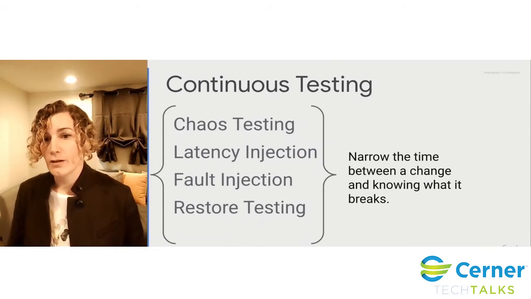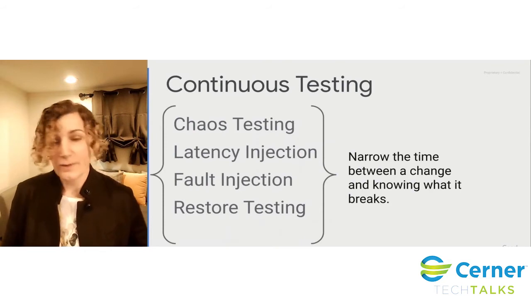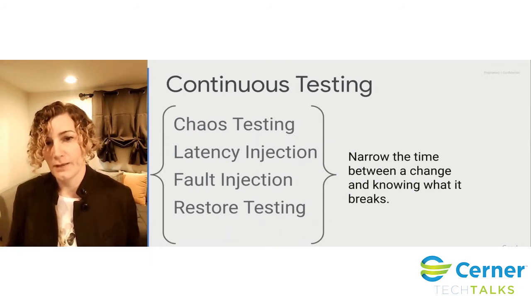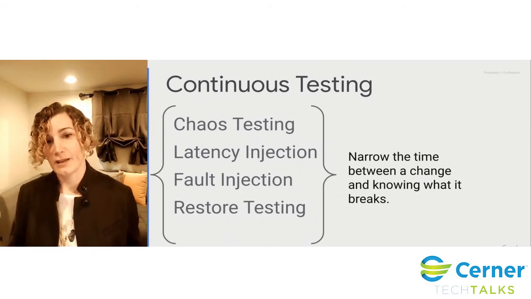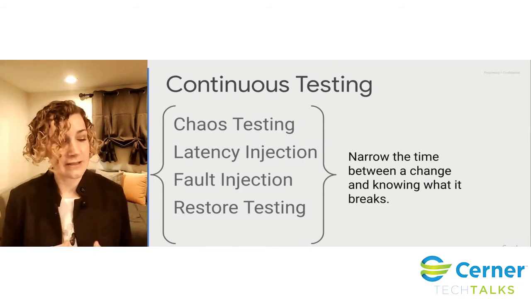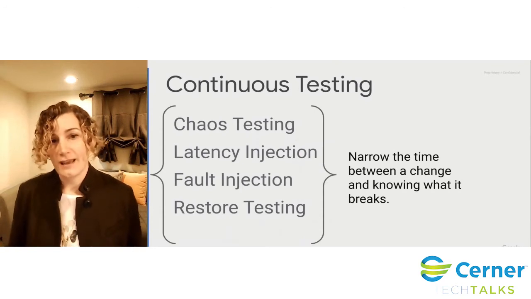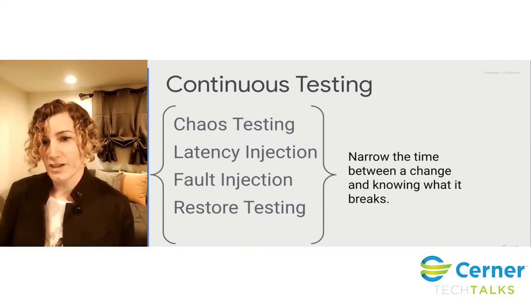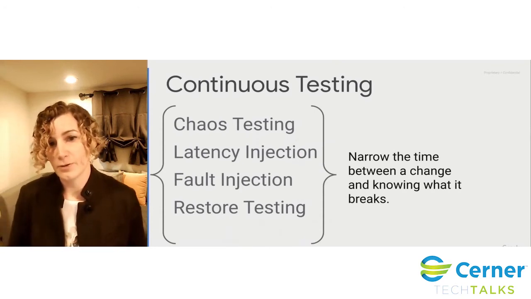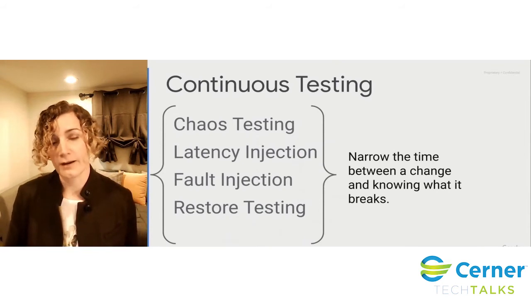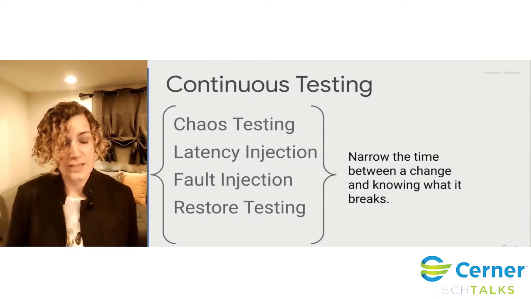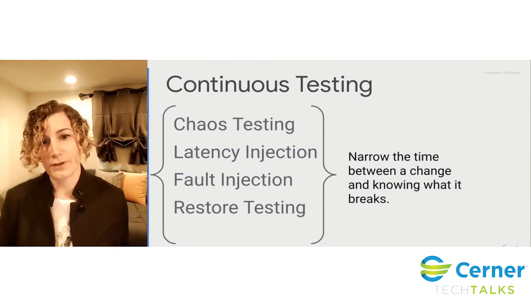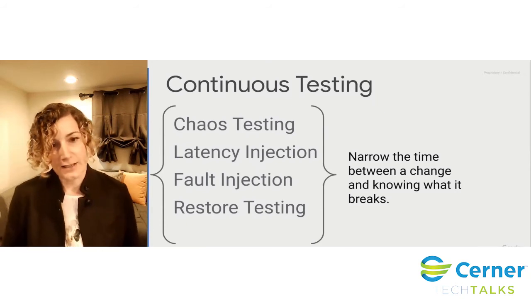And you may be asking, great, this sounds scary. And I'm not saying do this in production. I will say it would be great if eventually you get to the point where you're doing it in production, that you trust everything going on in your system so much that you can do this. But first, just start where you can. Latency injection and fault injection can actually start in unit testing. If you're doing a good job of mocking out your errors and exercising your timeout behavior, you can catch a lot of issues in unit testing, especially if you have bad behavior that leads to an infinite retry. You can definitely catch that in unit testing.